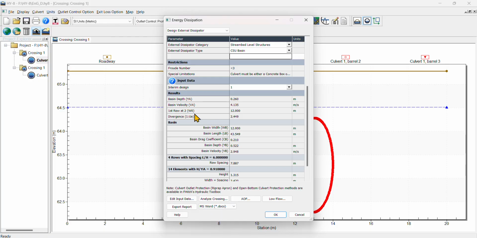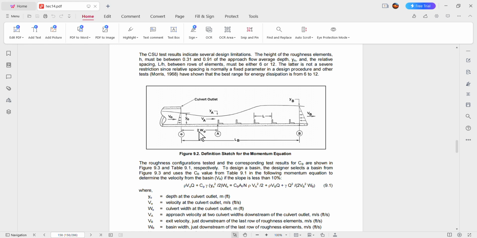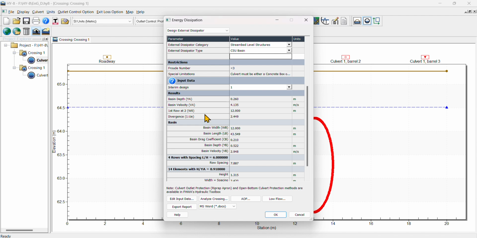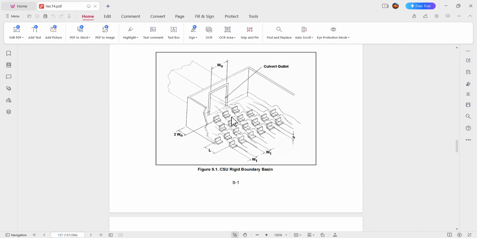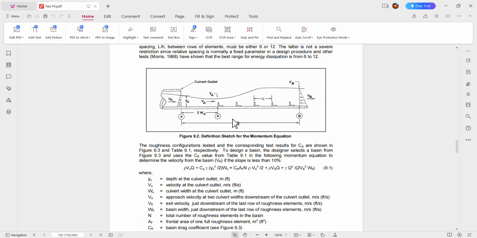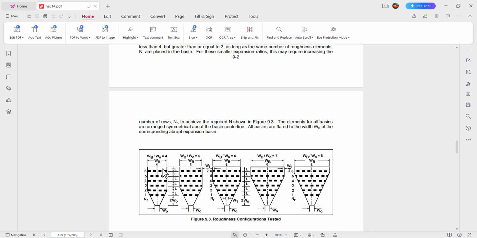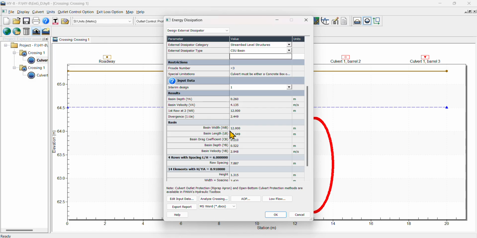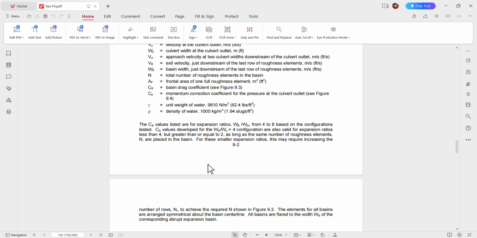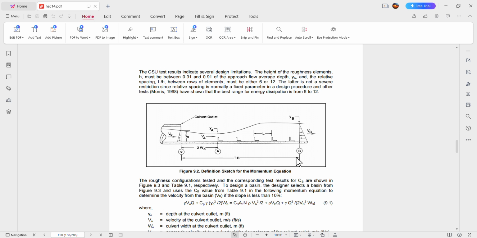And the first row at 12 meter, okay. And the basin width WB, as you can see, this one is WB, okay, that is coming 12 meter. And basin length LB, as you can see over here, this one is the basin length LB,